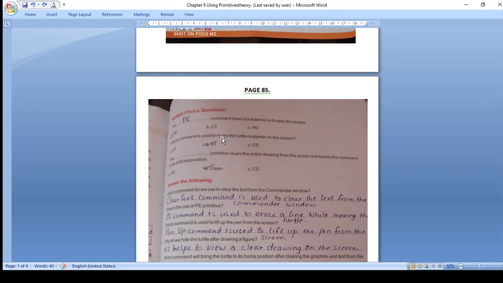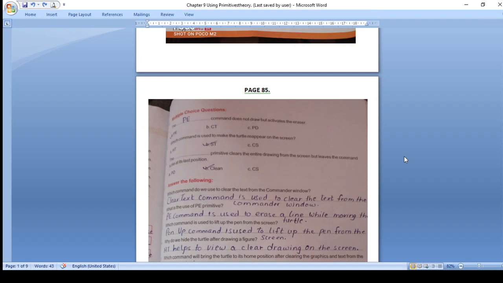The dash command does not draw but activates the eraser. Right? We have seen the pen command, pen erase. PE is pen erase. Number 2, which command is used to make the turtle reappear on the screen? Now you must be familiar with the word reappear. Whenever you hear or read this word reappear anywhere for logo, it's always show turtle.